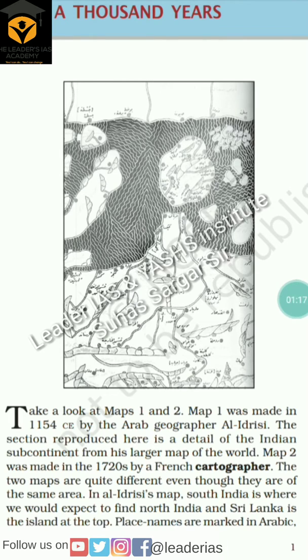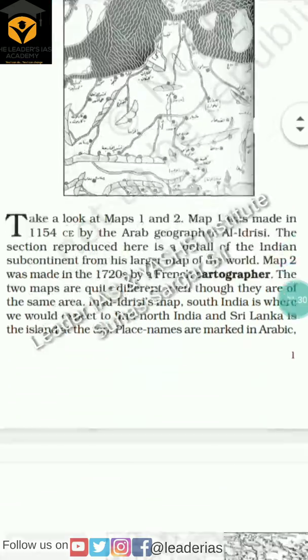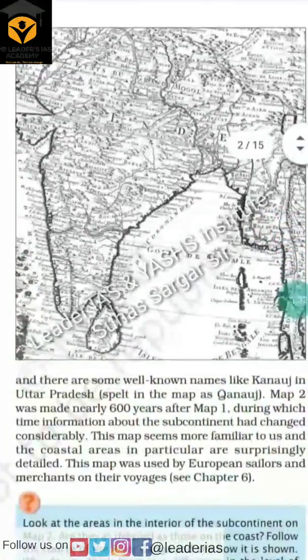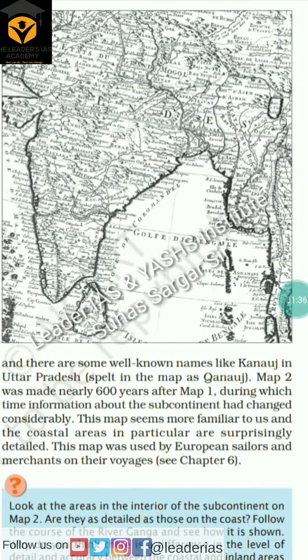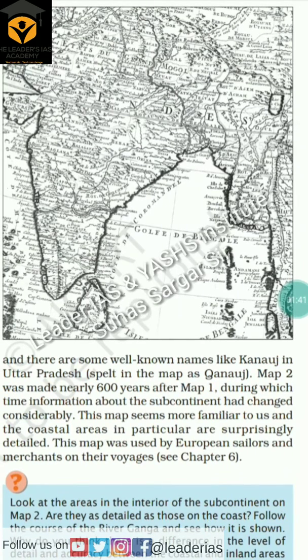In Al-Idrisi's map, South India is where we would expect to find North India, and Sri Lanka is the island at the top. The place names are marked in Arabic. And there are some well-known names like Kannauj in Uttar Pradesh, spelled in the map as Kannauj. Map 2 was made nearly 600 years after Map 1, during which time information about the subcontinent